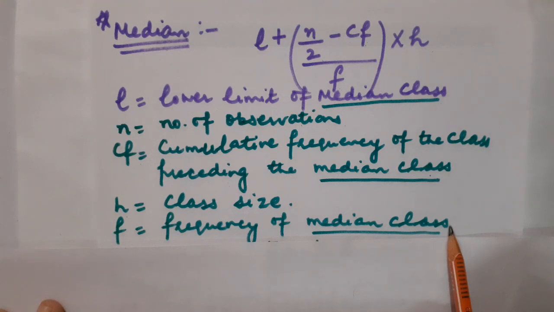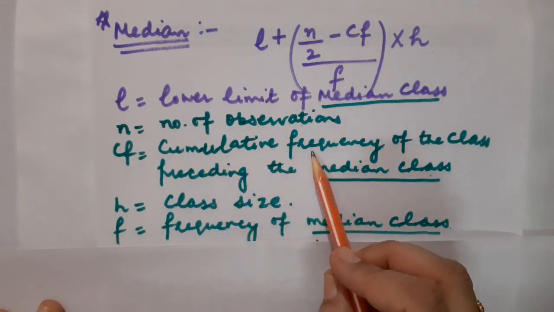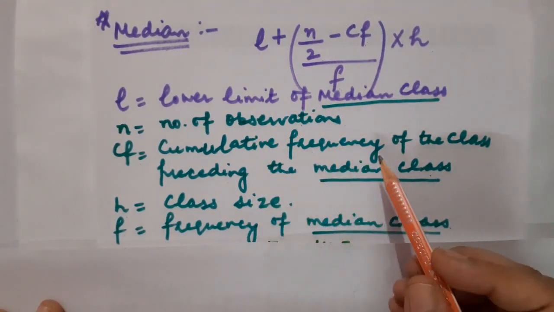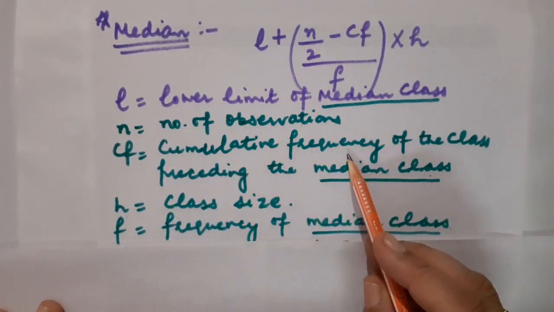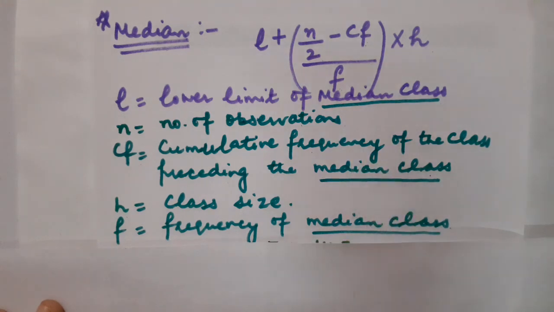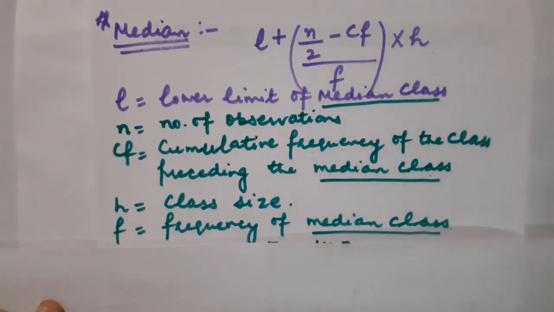Children, though I have explained this earlier also, for the last 3 lectures, let us give a quick recall once again. Cumulative frequency is nothing but the consecutive sum of the frequencies. You will have a list of frequencies given, and you just cumulate them, that is, add them. Ultimately you will form the cumulative frequency distribution table. Correct? Now the next question is, what do you mean by median class?